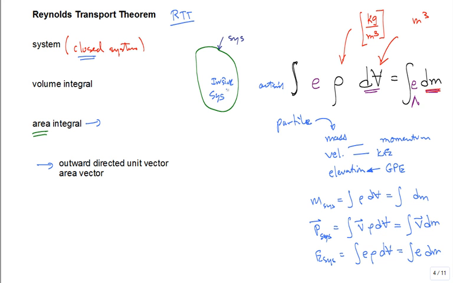Everything inside that enclosing area is my system. And so the convention has been, and thankfully it is consistent throughout the literature, that we describe this area by an outward directed unit normal vector,